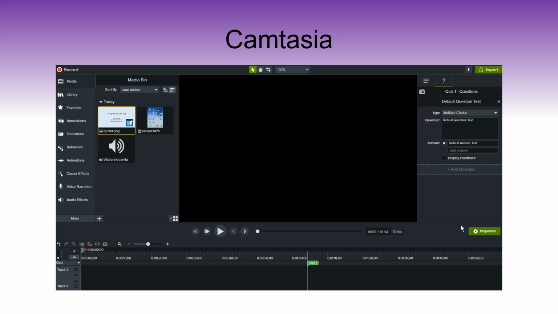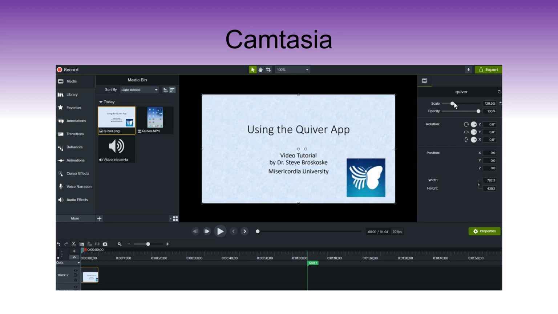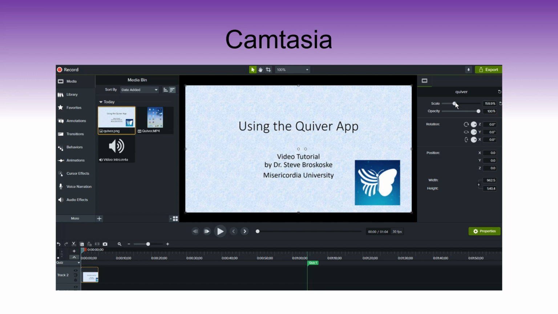Here I am in Camtasia. Now, if you like the looks of and the functioning of Audacity in audio, you're going to love Camtasia. It's the equivalent, but with video. I'm going to start by dragging in from my media bin. I've already downloaded several files that I want to use. I'm going to start here, and I'm going to scale this up a little bit so we can see it better to 100%. And then I'm going to drag my video in, but I'm also going to drag in an